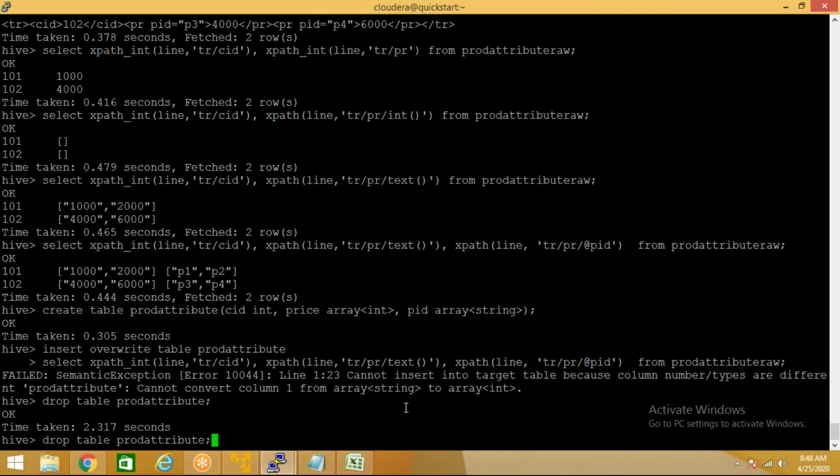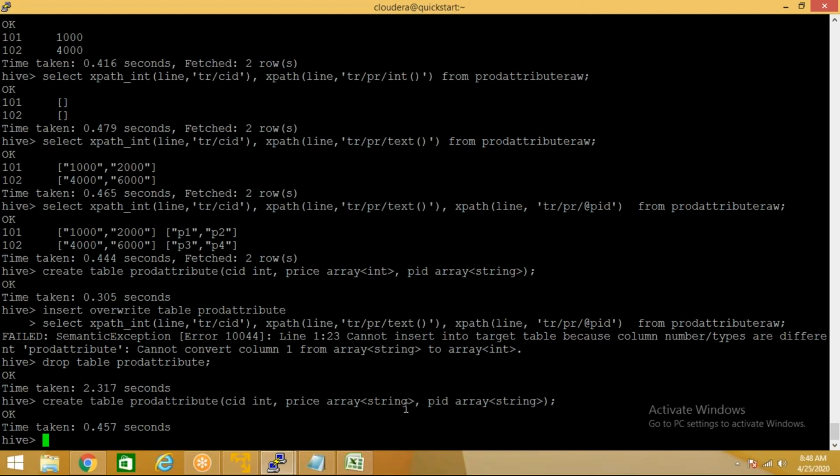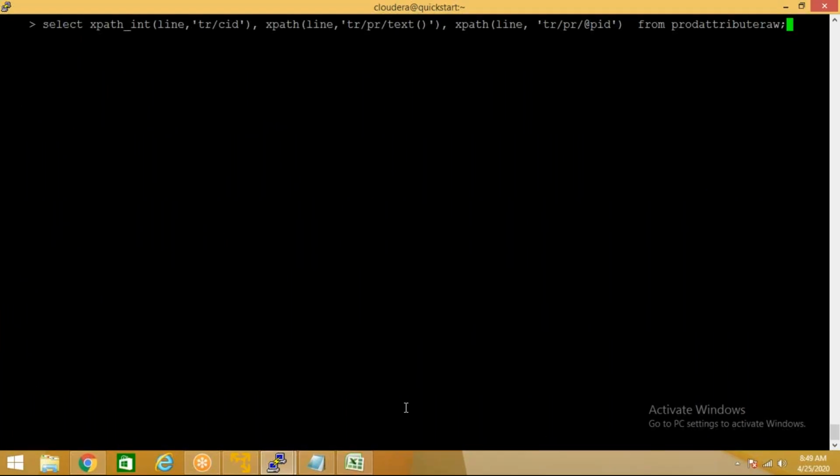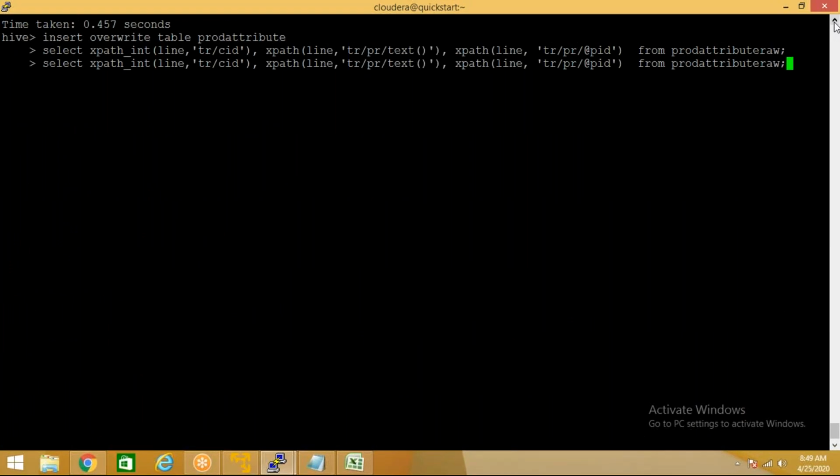Okay, let me create. I'll tell this as string. Okay, now go here. Insert override table prod attribute. Now write the select statement. Okay, yeah. Now you can see that insert statement, and I